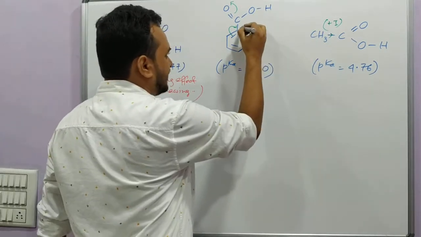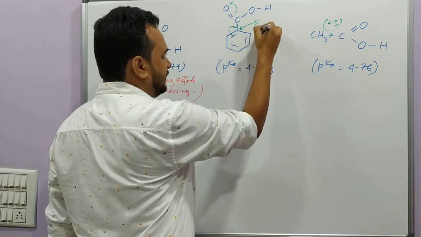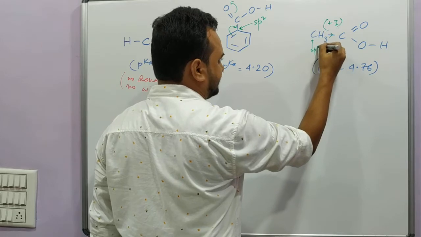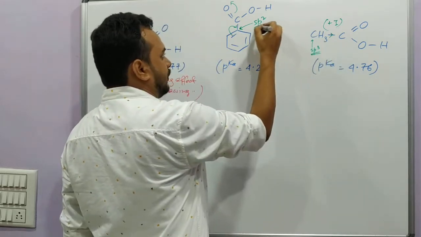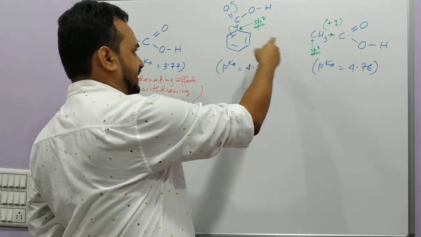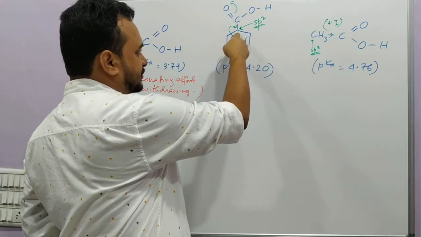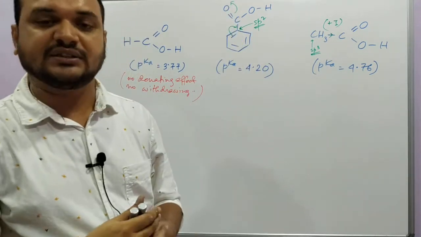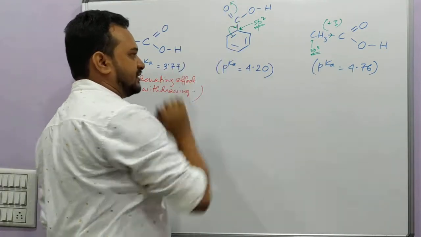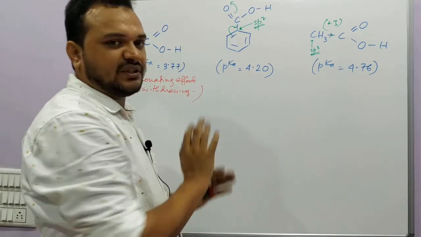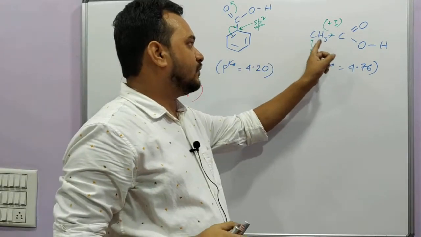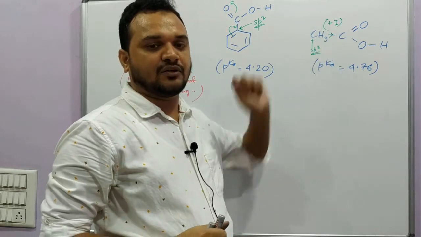Here this carbon is sp2 hybridized, whereas this one is sp3 hybridized, right? So we already know that sp2 carbon is much more electronegative than sp3. So here, since it is sp2, it is withdrawing electron density by minus I effect, and donating by plus R effect. So there is a net result of electron donation. The net result is somehow less than the plus I effect of the methyl group.